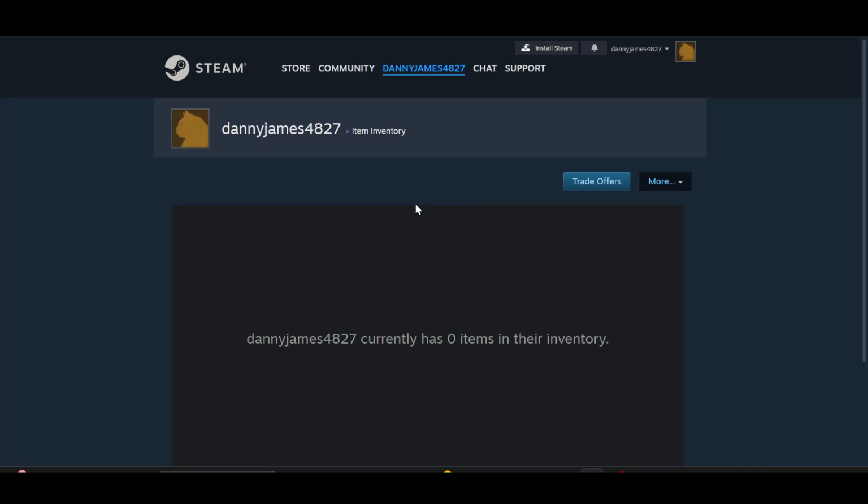After coming to the inventory, you will see this trade offers button, and then on the right side of trade offers, you will see the option of more button. When you click on this more button, a drop down menu will appear, and from here, click on view gift